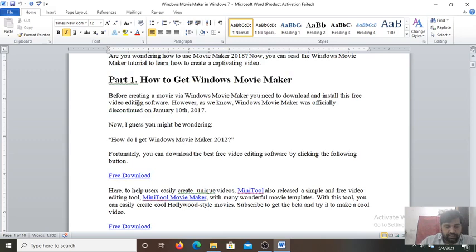This is a free software. You can download it and use it on Windows XP, Windows 7. Windows Movie Maker can be downloaded as a free part of the Windows Live Essentials, which includes the mail service, messenger, photo gallery, movie maker, writer, family safety, and other web-based services such as OneDrive and Outlook.